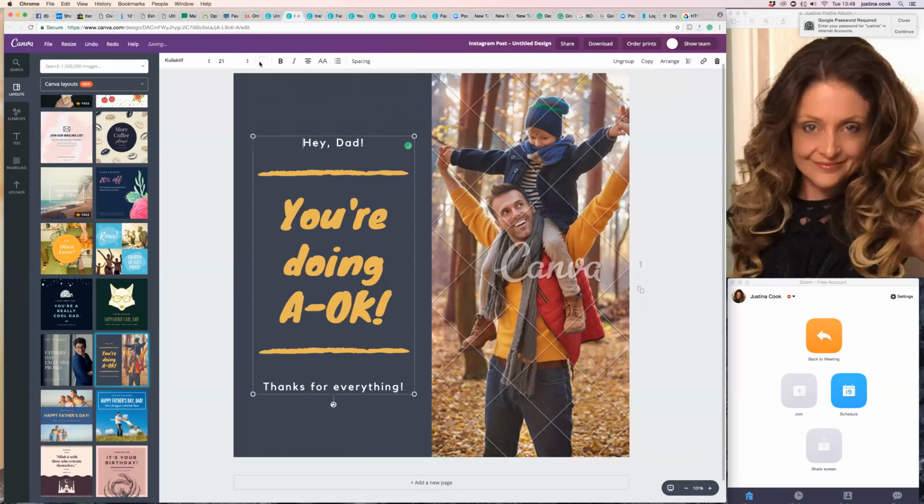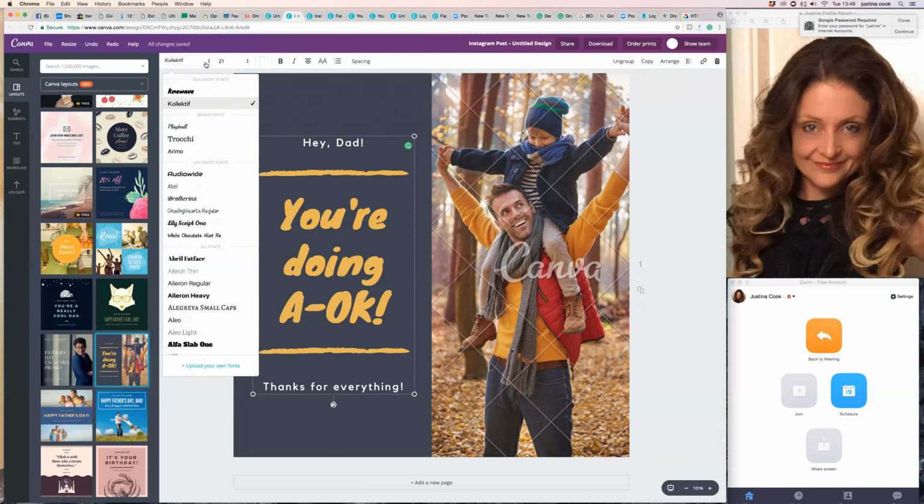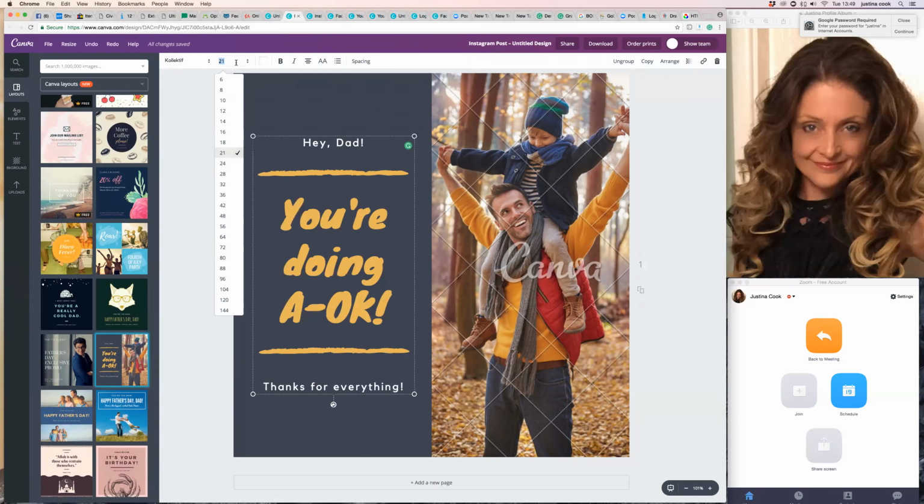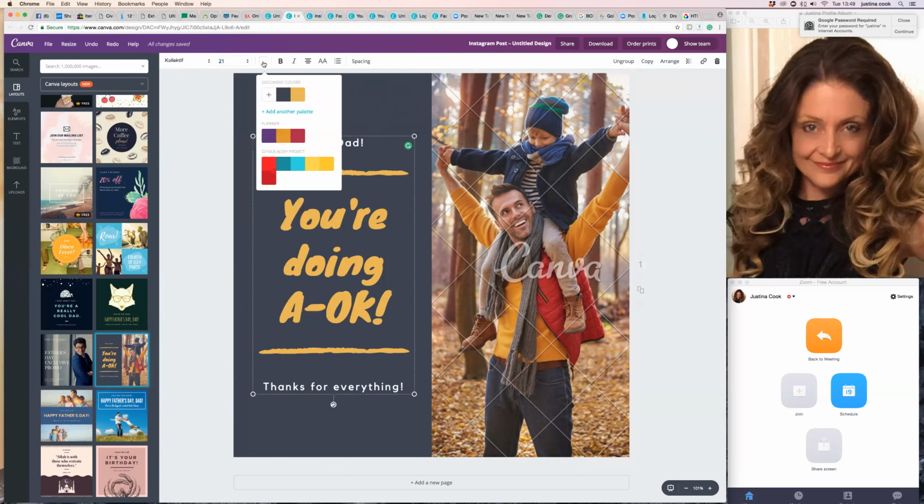So when I click on that one here, you'll see it tells me what the font is up here, and you can change that just by clicking the drop down arrows. You've also got the option there to upload your own fonts for your brand kit. You've also got the size, the colour, bold, italic,